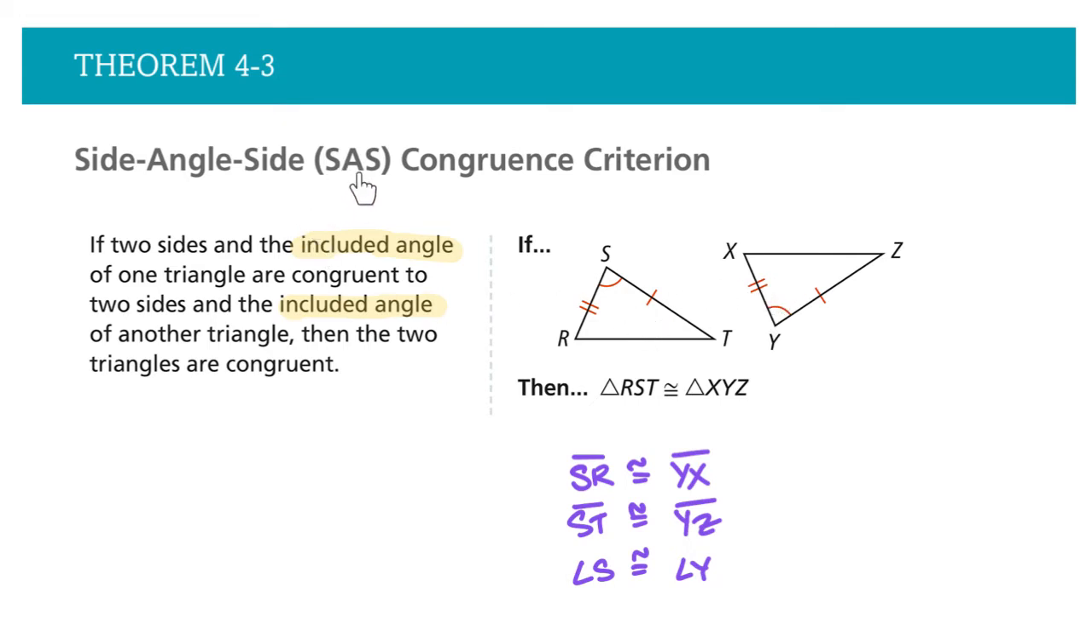It's called SAS for side angle side. An easy way to remember that is to notice that in SAS, or in side angle side, the word angle, or the letter A, is right in between the two sides. It's kind of sandwiched in between the two sides. Just like in the picture where we have SAS congruence, the angle is sandwiched between the two sides that are